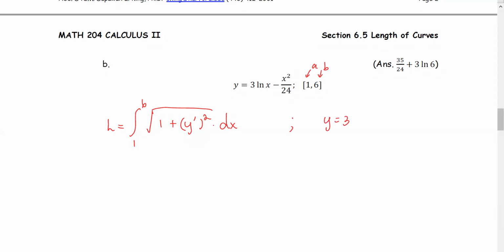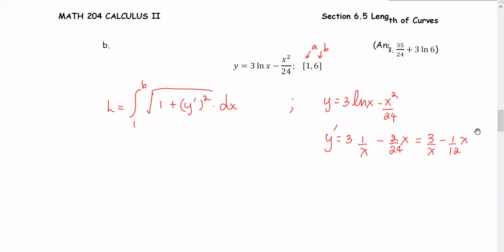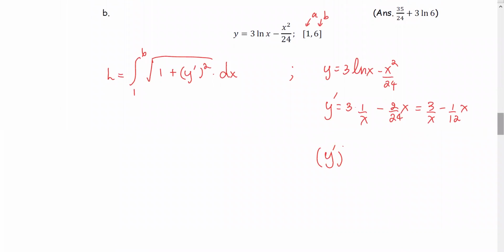As y equals 3 times natural log x minus x squared over 24, the y prime is 3 times the derivative of log x, which is 1 over x, minus the derivative of x squared over 24, which is 2 over 24 times x. We write it as 3 over x minus 1 over 12 times x. We're going to need y prime squared. So squaring 3 over x minus 1 over 12x